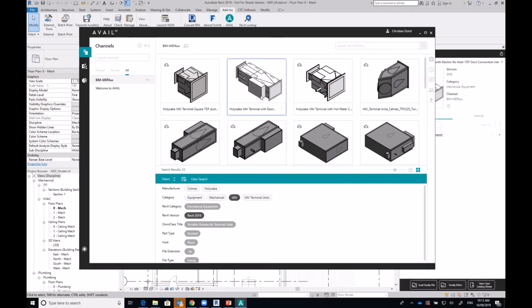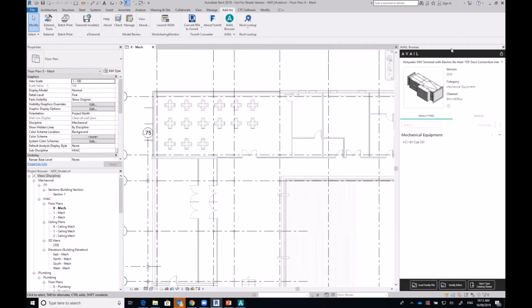And everything I select in that desktop browser is now available here in the AVAIL browser. Here I see some more information about that family. And here I have the family type. So it could happen that if you have a family with more than one family type, we have a list of different types here. And yeah, the easiest thing to bring it into your project is just to drag and drop it over